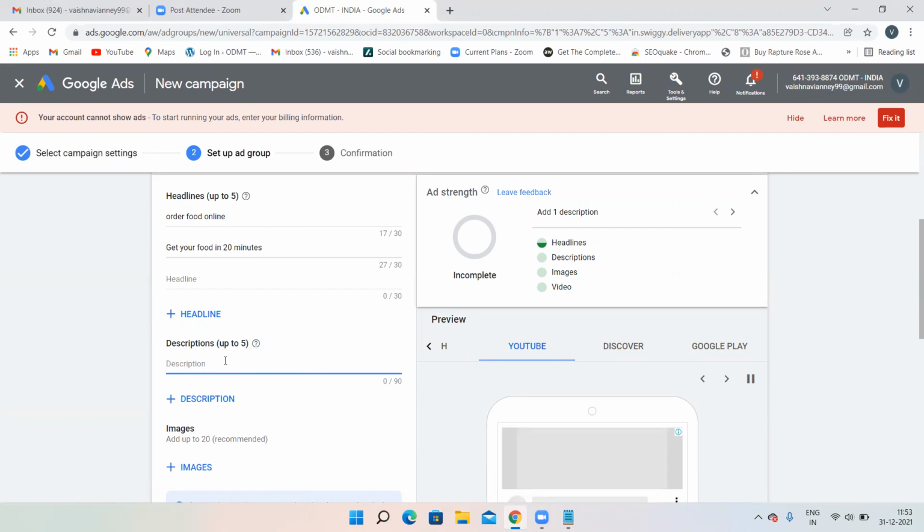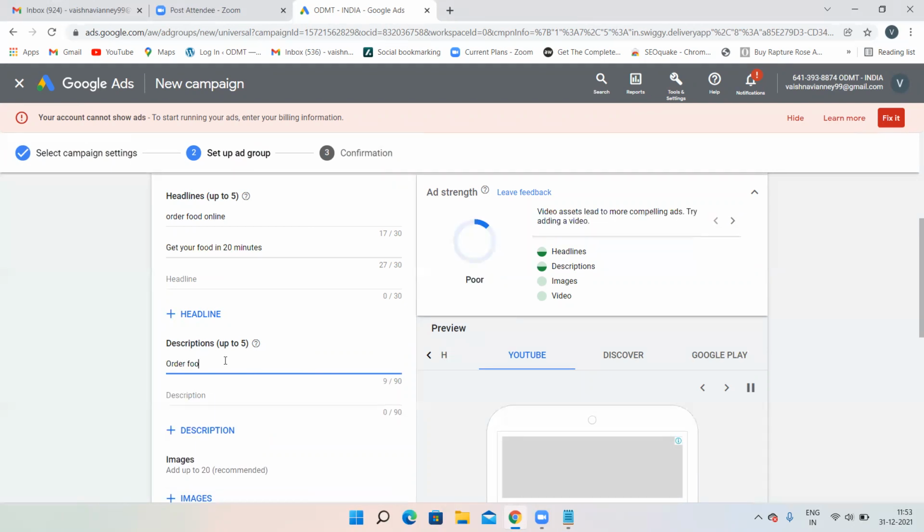What description will we give? Restaurants in Hyderabad.